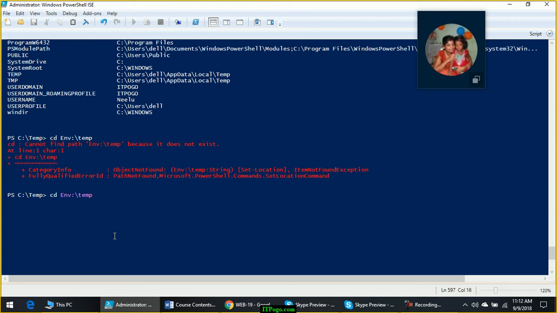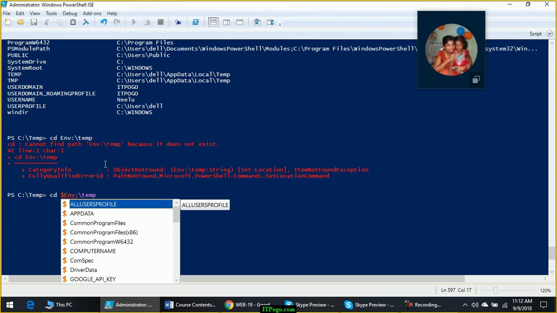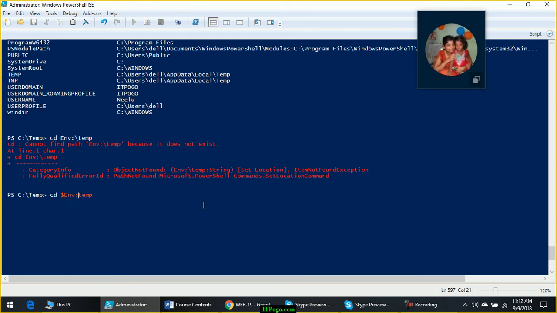Here you have to give dollar and no need to give the backslash. This is how you can use the contents of the environmental variable: cd $env:temp. The moment I hit enter, I will switch to that folder. So this is the value for temp.